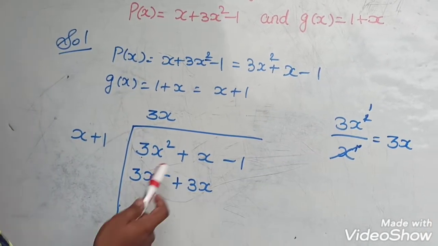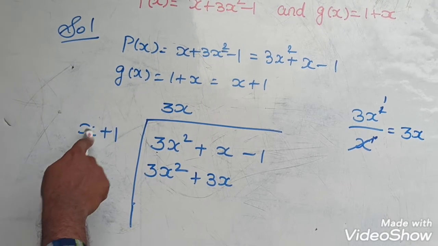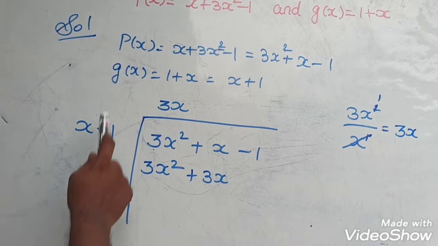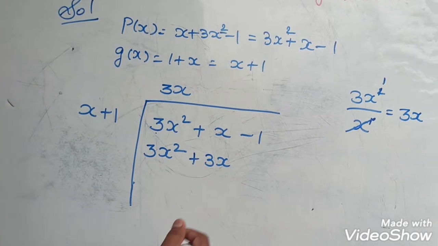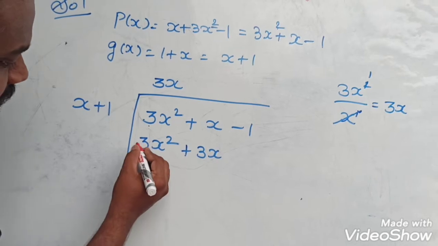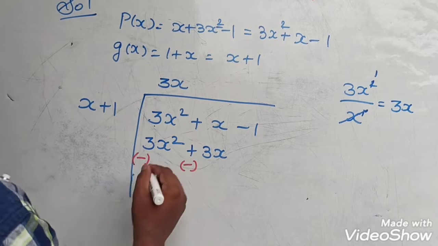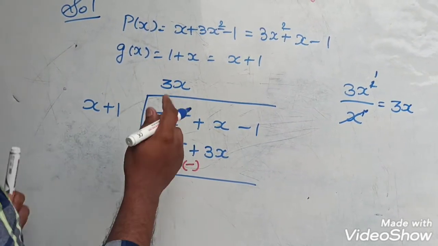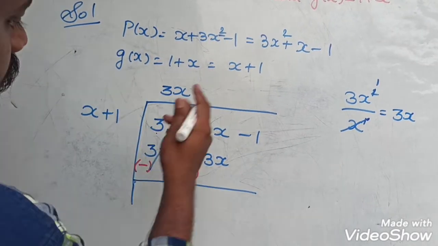The first step: we compare the first term and divide. We get one answer, 3x. That 3x is multiplied with g of x. So 3x into x: in multiplication we add the exponents, 1 plus 1, 2. So 3x square. 1 into anything gives the same thing, so 1 into 3x, we get 3x. Now another condition: you have to change the sign of the second row. The plus becomes minus. Now you compare the terms. Here plus 3x square minus 3x square, same term with a different sign, so it becomes 0, it cancels.